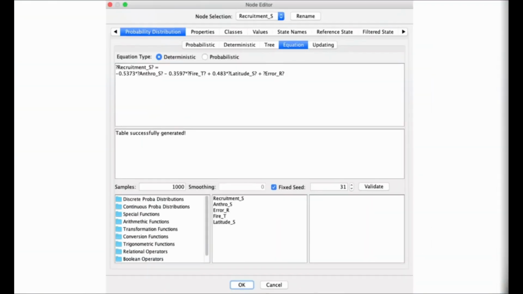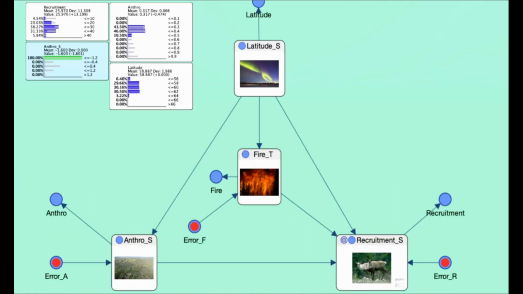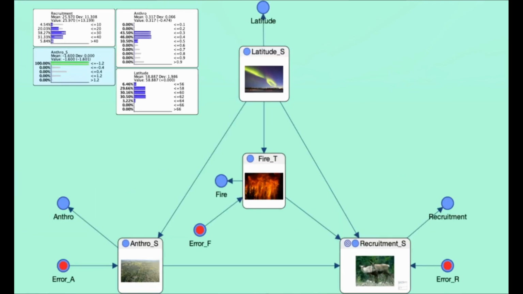So I populated the CPTs by using these linear equations, including error terms that are derived from the R squareds. So I have basically this Bayesian network built off the standardized linear equations. And then I can also add nodes that do the back calculation to the original variance. So once I do that, now I have my interactive engine that I can use to simulate interventions